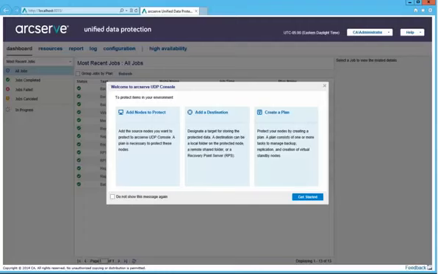You also will notice on the bottom that if you don't want to see this wizard going forward, you can just select that box and it will not appear the next time you authenticate into the console. So we'll close this,